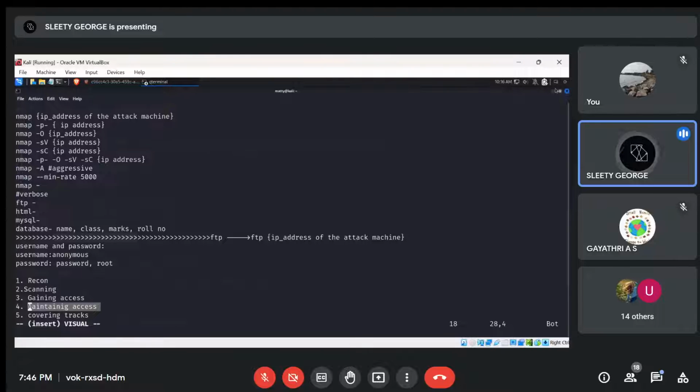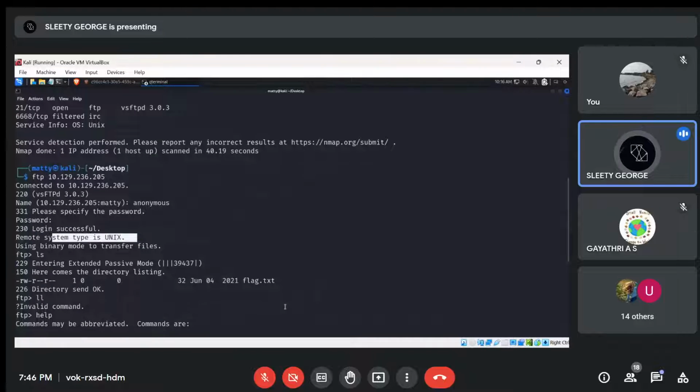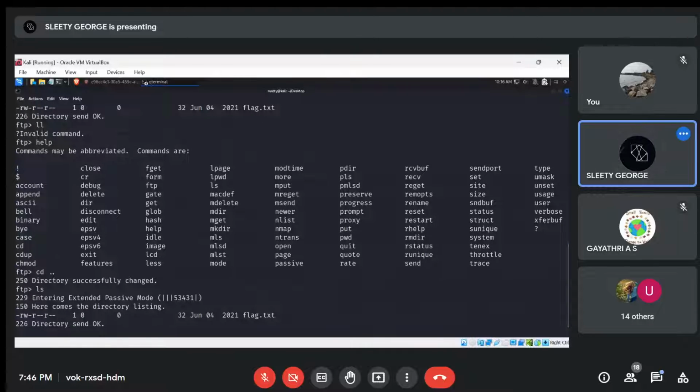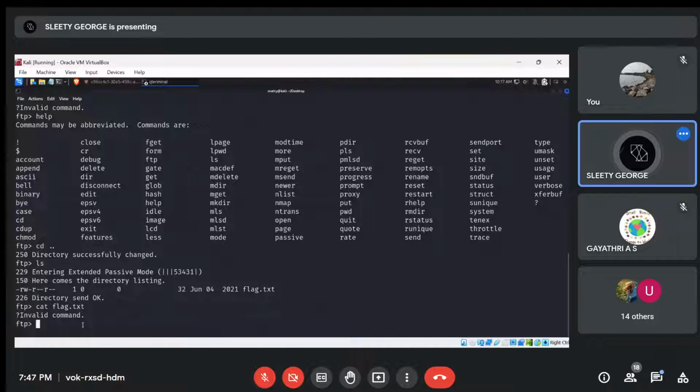Now I'll be typing in real time. Like I told you before, the Linux command is ls. ls is used for finding out what is in the directory, to view the directory. So let's go back to this. I'll just type commands in the terminal. The FTP will also open a terminal, and basically you can traverse within the attack machine. So basically when I type ls,